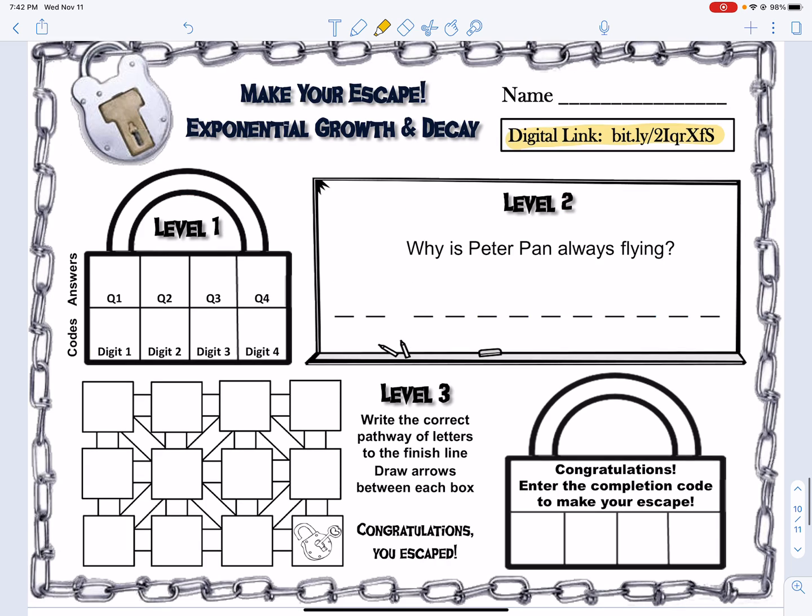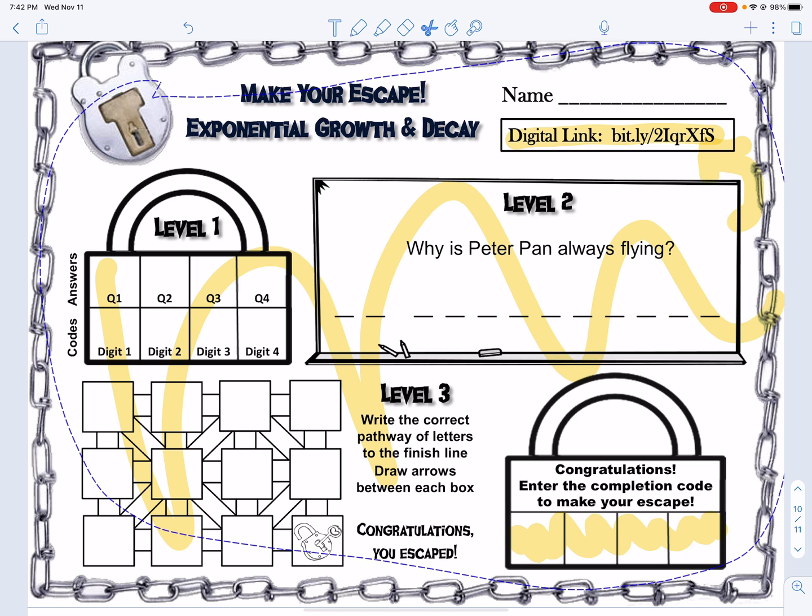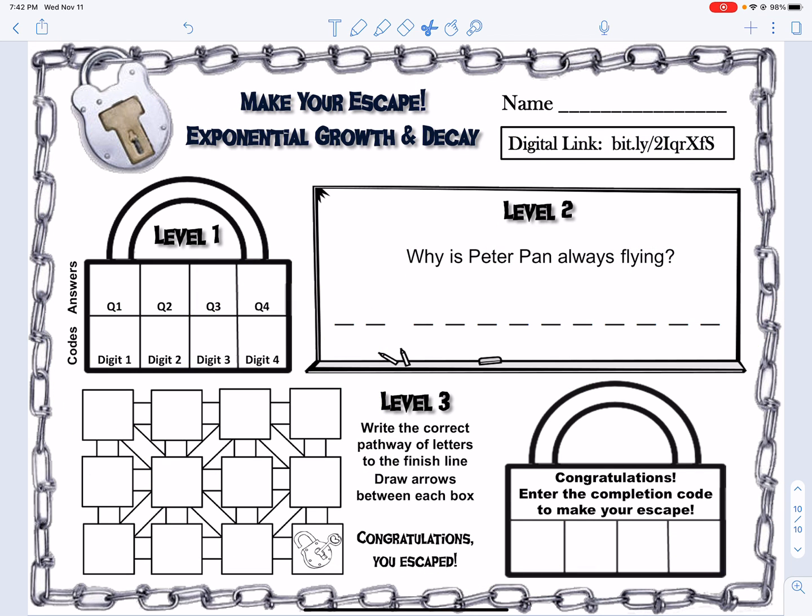So what you're going to do is you're going to do the escape room. And there's 4 questions in level 1 and 8 in level 2 and 5 in level 3. And once you get this entire page done, this whole thing, then you're going to go to the digital link and you're going to follow the directions in the Google form and it will kick you out a code. That is the code that you send to me to show me that you finished this. Okay. So I just want to make sure everybody understands that, you're going to have to send me the code. I need to know that you've done this or you're really going to get confused.